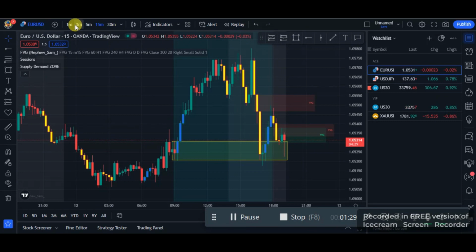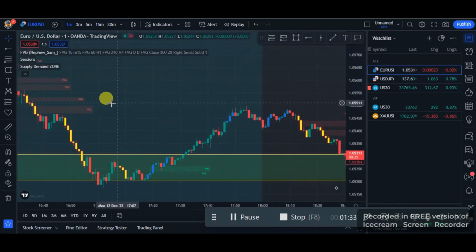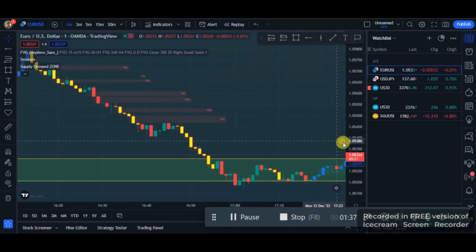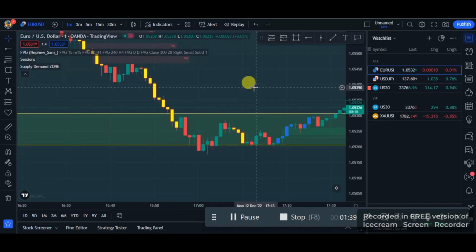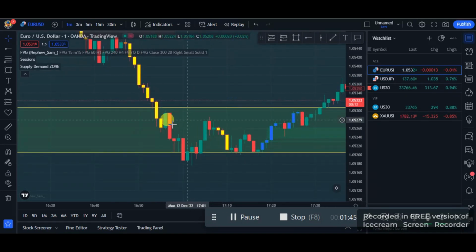Like I said, this is a 1-minute strategy. You're going to go down to the 1-minute time frame. So this is where price retested that demand zone. Because it's a demand zone, you're obviously looking for a buy. So what I did here is I waited for price to retest the demand zone,